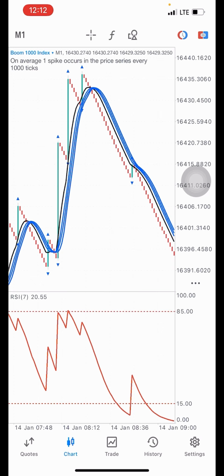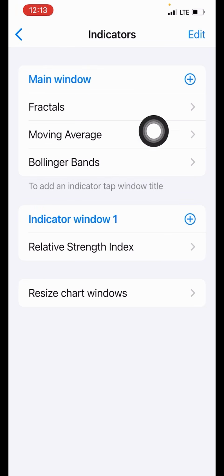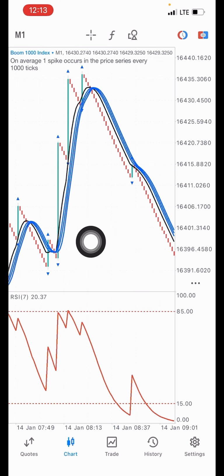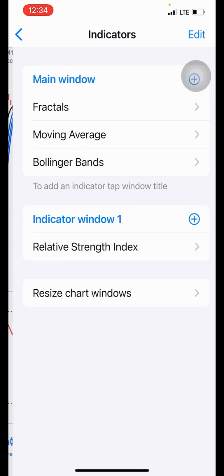So once you add the indicators, on these 3 indicators here, you are going to have these lines here on your main chart. All right, you can see this is the black moving average, and then these 3 blue lines are your Bollinger Band lines. All right, so the next indicator we have here is the